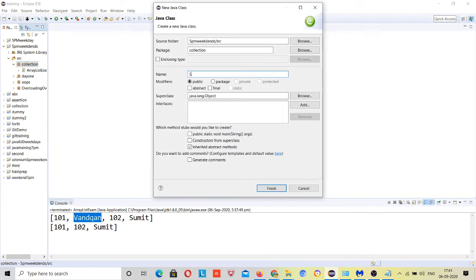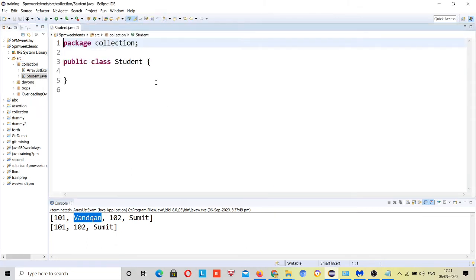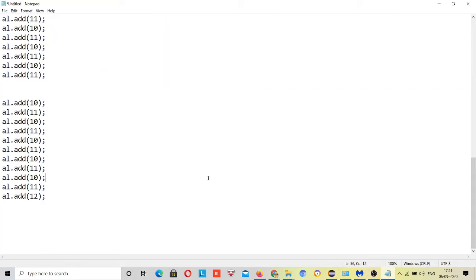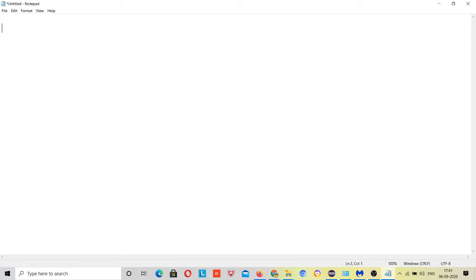Suppose I give a student class, an array list of the student type, right? This student has some data. My requirement is that there will be a class Student.